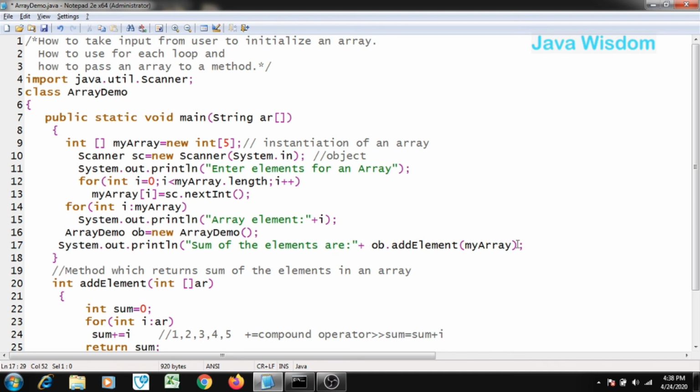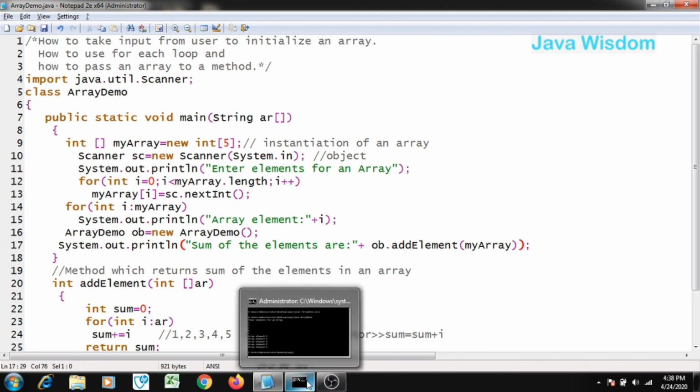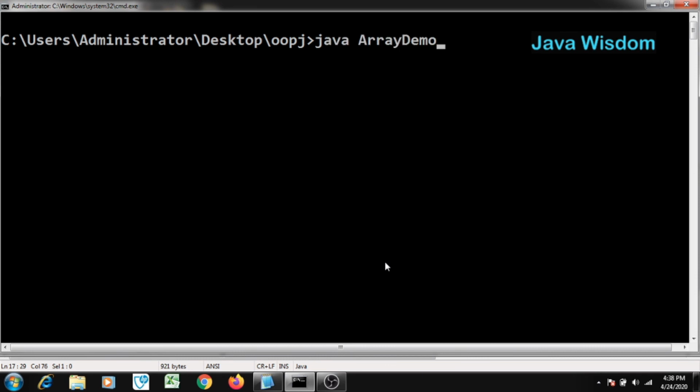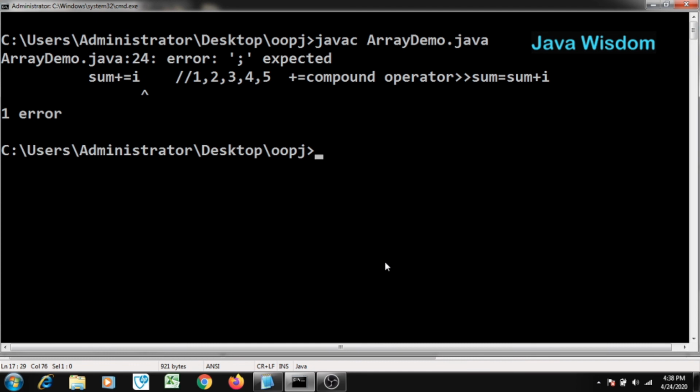Close the bracket, save your program. Now let's check whether there is any error. Compile it again. Okay, you are getting one error.